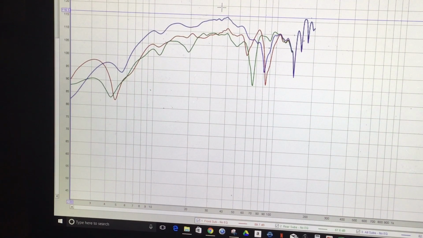And again, this is just a basic measurement. I did this at a fairly low volume. I mean, we can go significantly higher here. All right, so you see the front subs and the rear subs are somewhat on the same path with maybe a 7 decibel difference at 20 hertz, and then they're pretty decent. There's another maybe 5 decibel difference at 50 hertz, and then